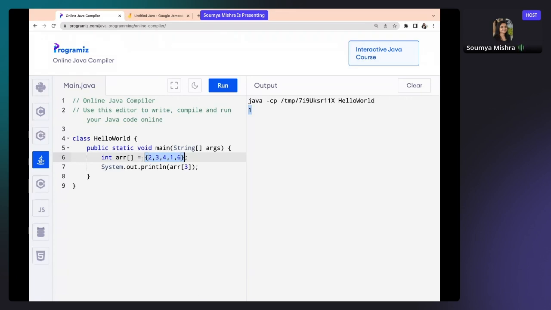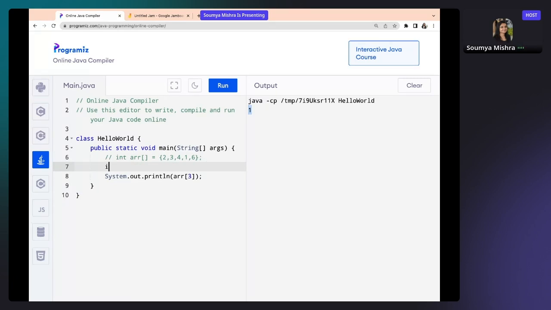So this is one way, which I told you about, of initializing the array. Now consider that you do not know what inputs the user would be giving. You're not sure about the inputs. We'll talk later about how you can initialize in this case. But this is one way to initialize it. Another very similar way to initialize it is like this: